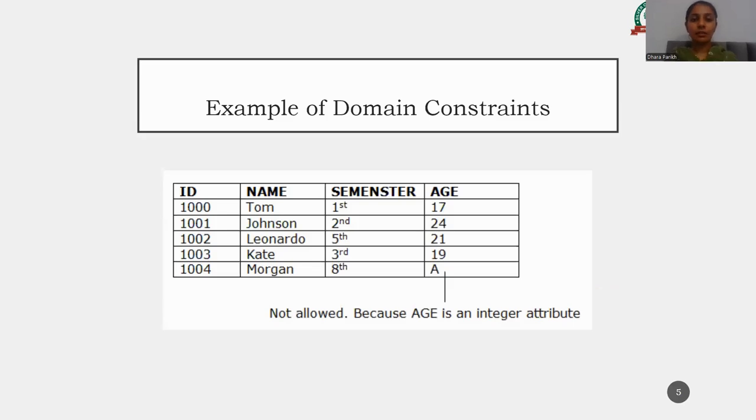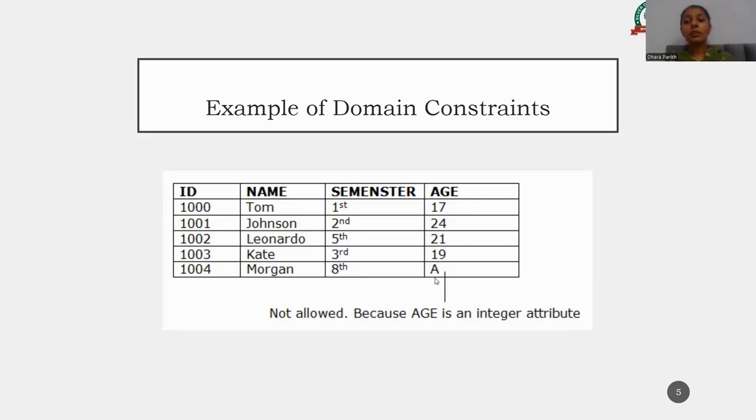Here is an example, a table with ID, name, semester, and age. The ID is number data, the name is a string data type, and the semester is a combination of numbers and string. Here we have to follow our domain constraint: the last data in the age column is a string.